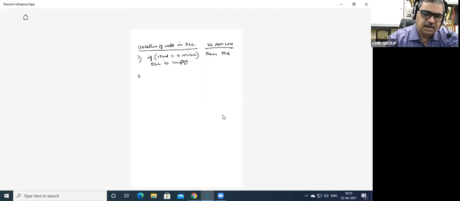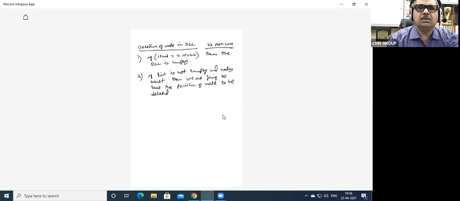Now the next case. Let us take that the list is not empty and the nodes exist. Then we take the position of the node to be deleted.